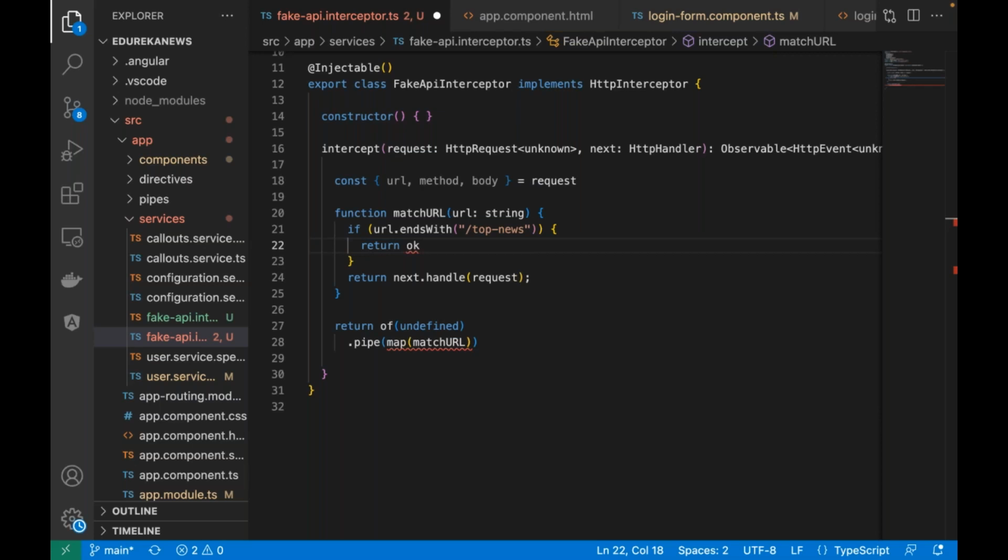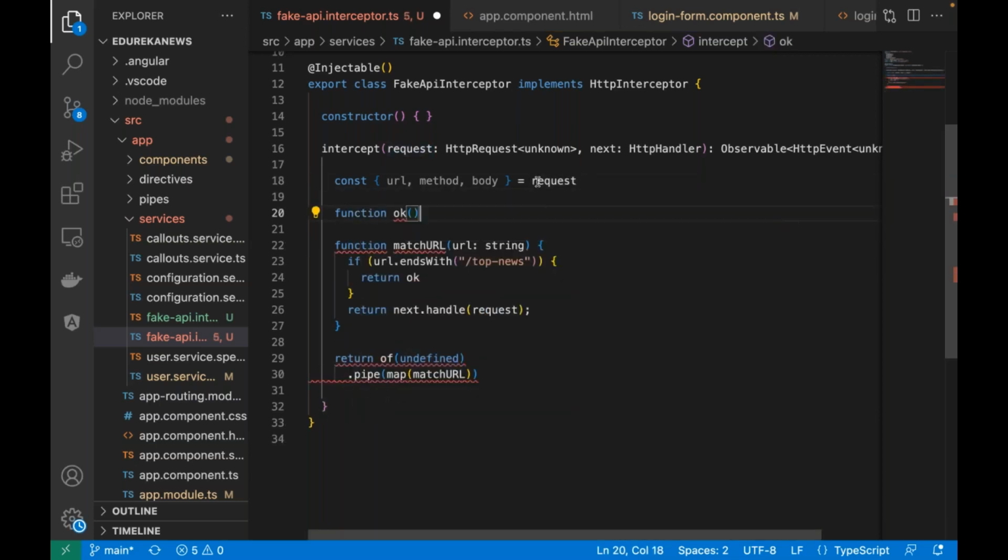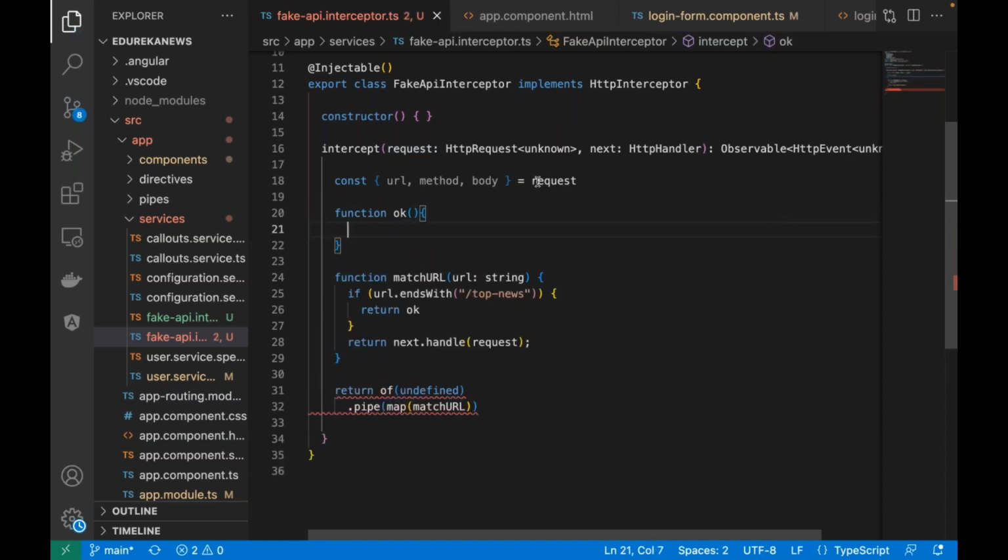So we are going to create a new method in it, which will tell us that the authentication or anything which we are looking for is fine. Okay, so what we do is we'll create a function over here, function OK, and this will return us HTTP response. So we'll say return